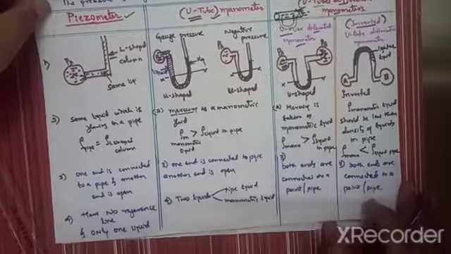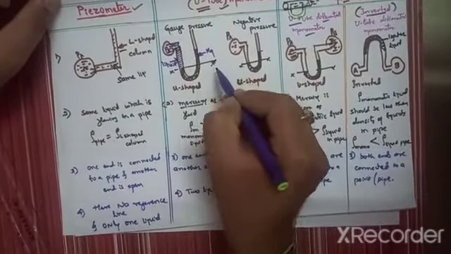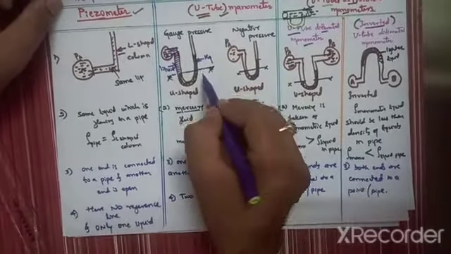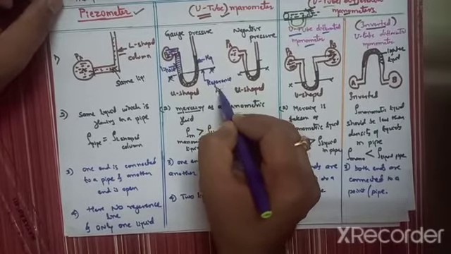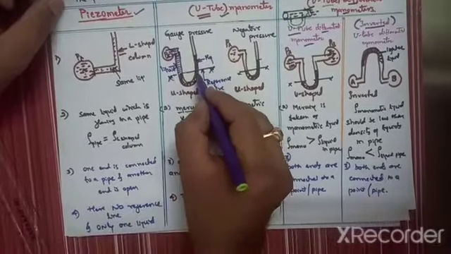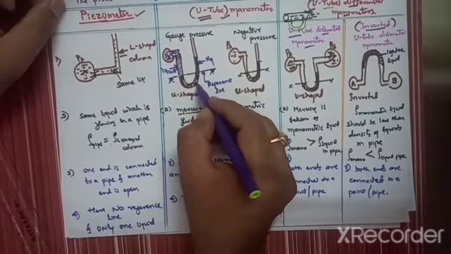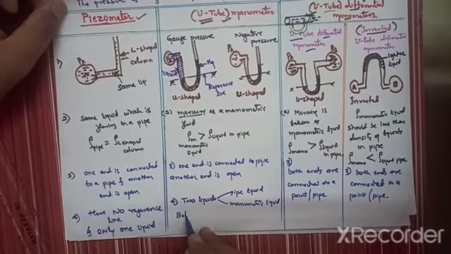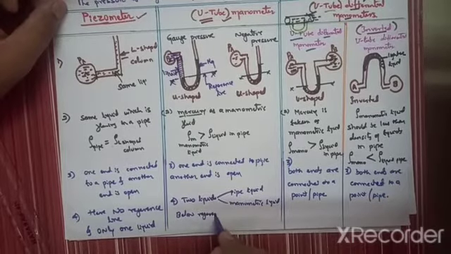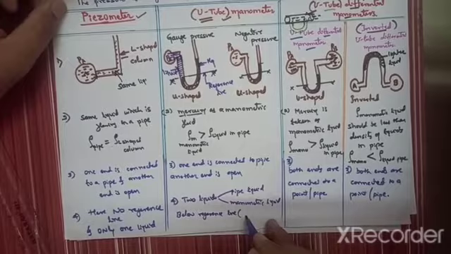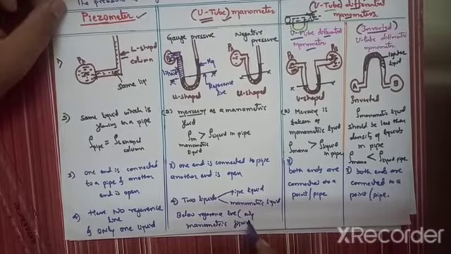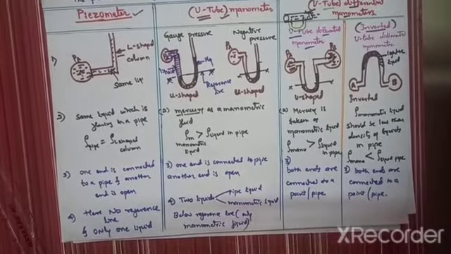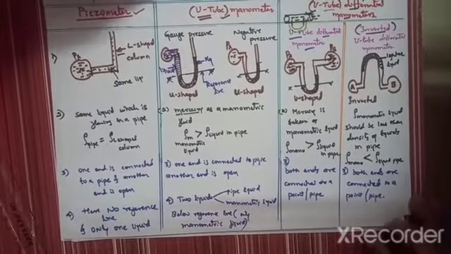And here will be the reference line. There is a reference line XX. Here it is called a reference line, and below the reference line there must be only one fluid, that is the manometric fluid. Below a reference line, only manometric fluid. I will write only the keywords, not in detail, so it will become easy for you to remember.